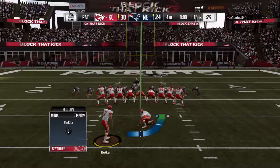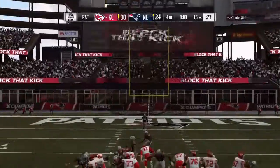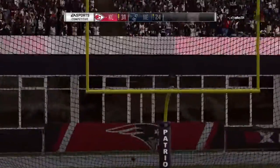Well, we know the crowd is absolutely stunned by what we just saw there. Forget I'm stunned. I have to believe that you are as well. When they